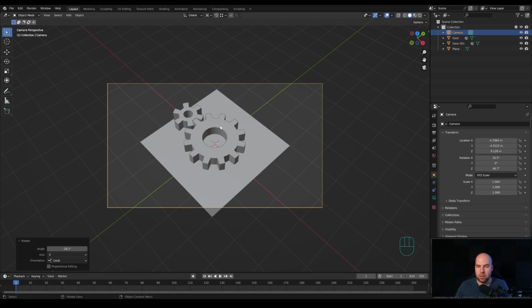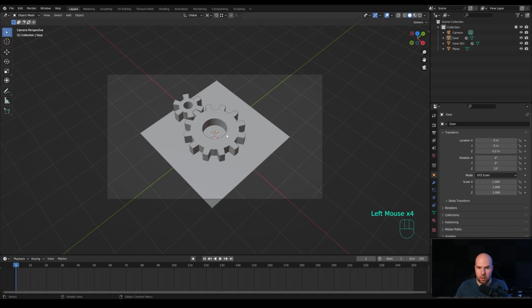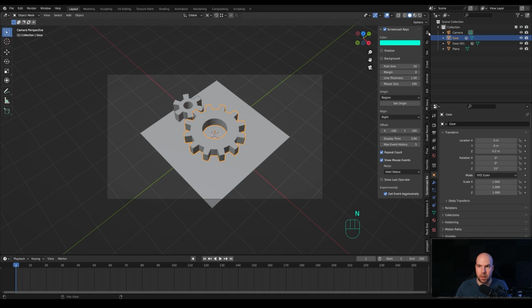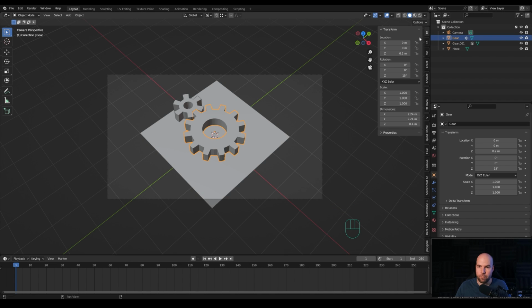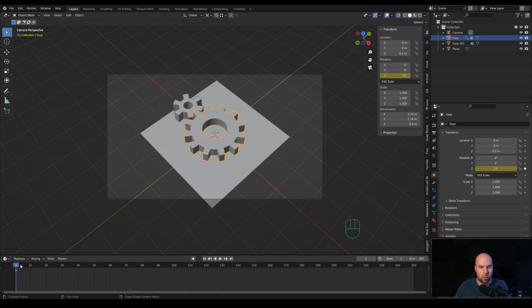And now we just need to take care of the animation. So first of all, I want these gears to be turning and keep them interlocked. So let's select the main gear and let's expand the timeline a little bit. Let me select it once again and let's press N to expand the side panel. Let's go to the item menu, and first thing I want to create a keyframe on the Z rotation. So right click and insert single keyframe. And now we can go all the way to the end of the animation and insert 360 degrees rotation.